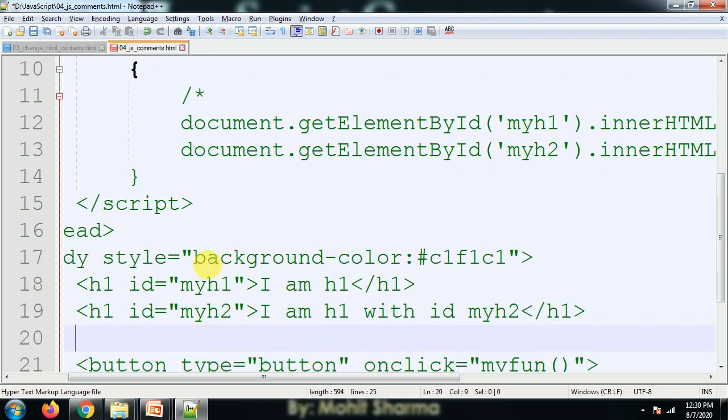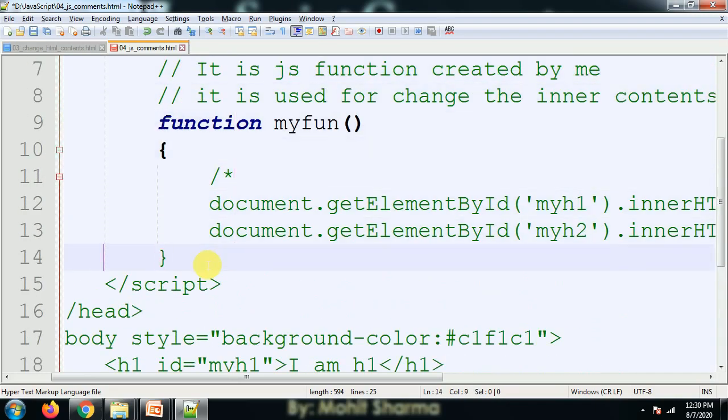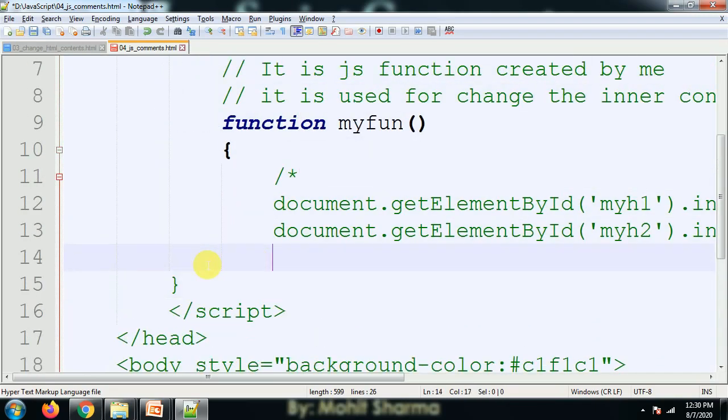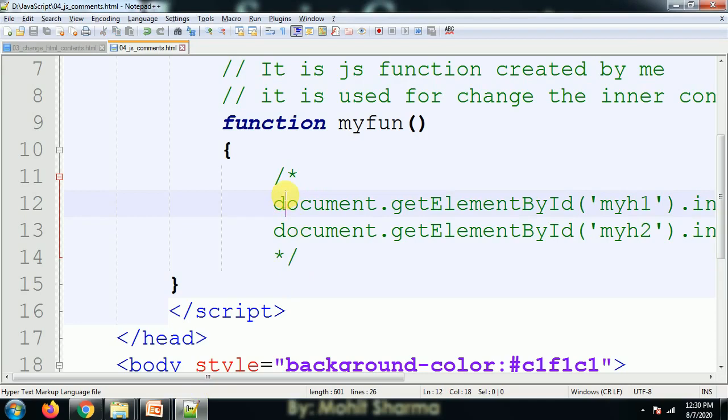You can see that the code just after this is now in a comment. This is the multiple line comment, it starts here and closes here. Both statements are simultaneously commented in this form. I refresh it, click once again, and nothing has changed. So this is the multiple line comment.